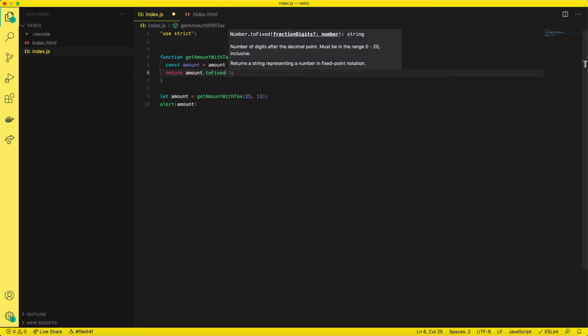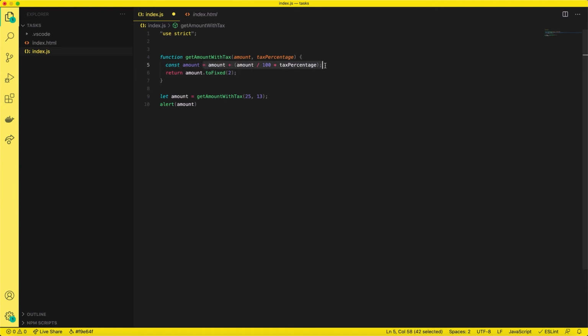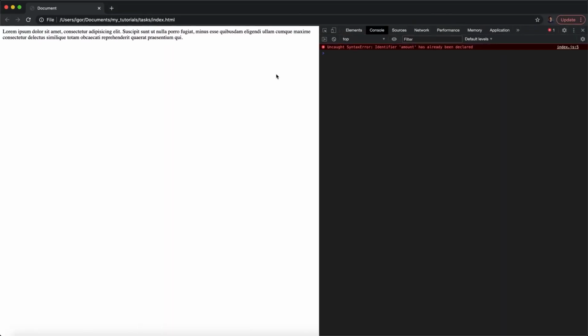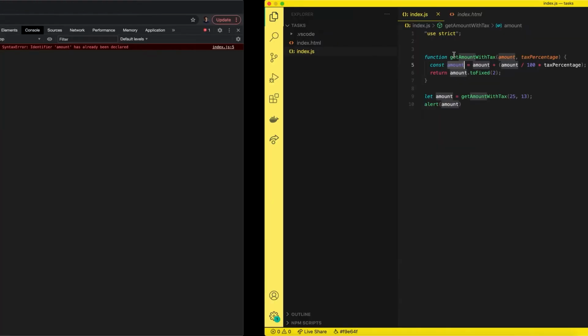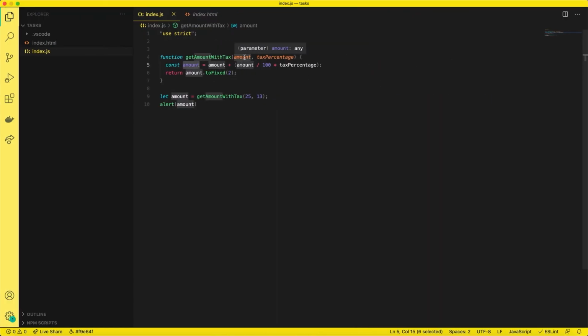This is a function that JavaScript has in its implementation. We can round the amount to 2 decimal places in case the result of this mathematical operation returns more decimal places in the number. Let's just refresh. See, this error over here says amount has already been declared, and indeed it is true. Amount is already one of our parameters. We cannot do that. We should say maybe